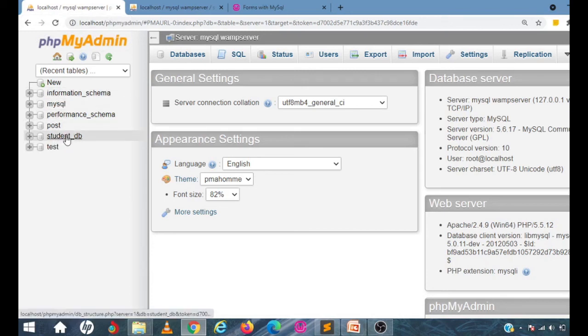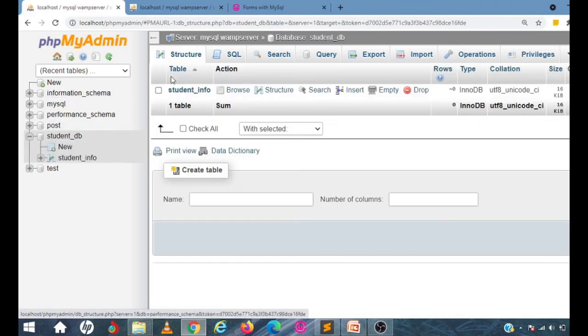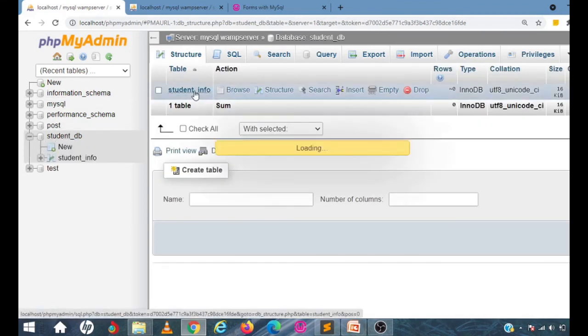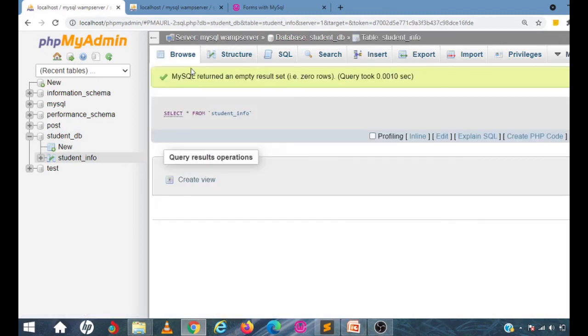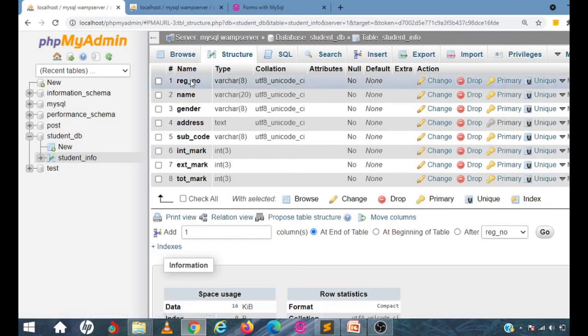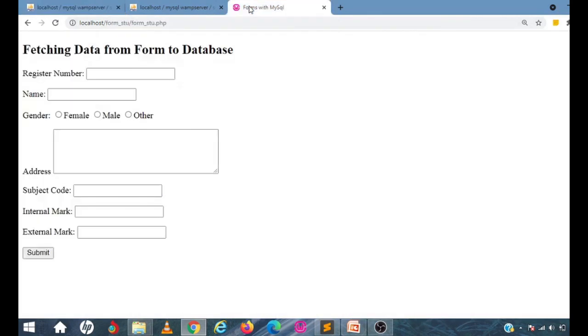I have the StudentDB database where I have the table student info. I just click this. Now we can see the structure of the table with the register number, name, gender, address, and all these things. Now we'll execute the form. So here you can see that it is localhost. This is the folder, and this is the name of the form, stu.php.